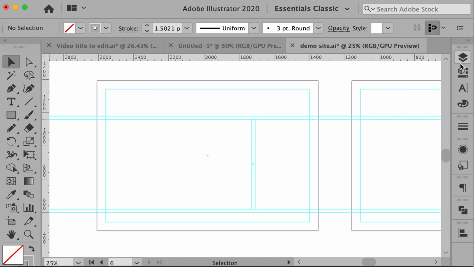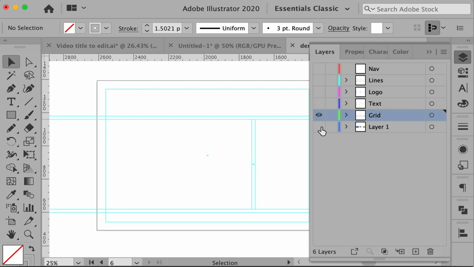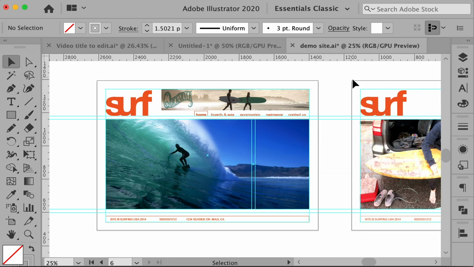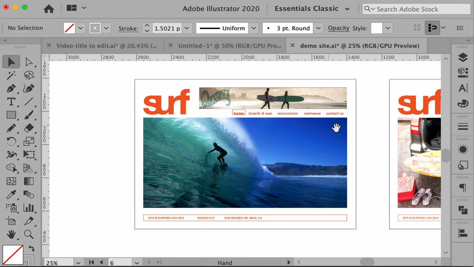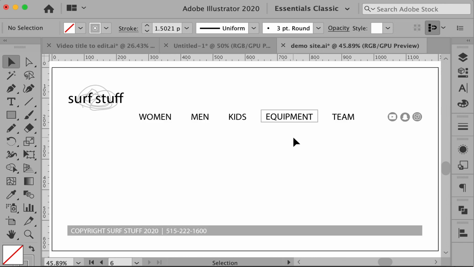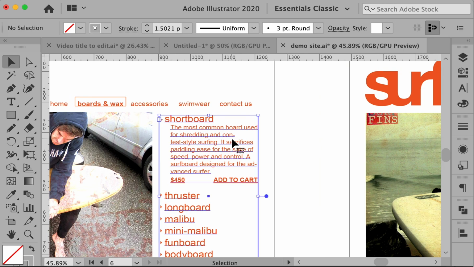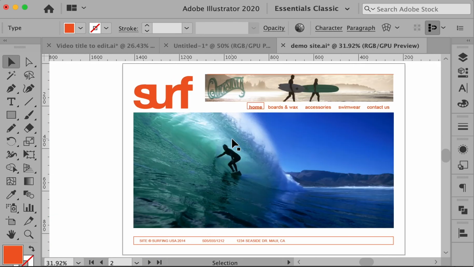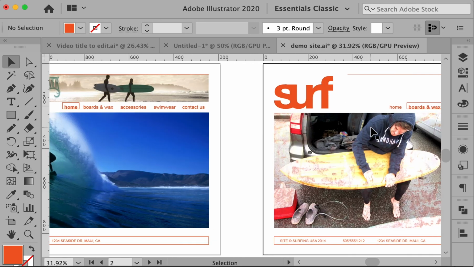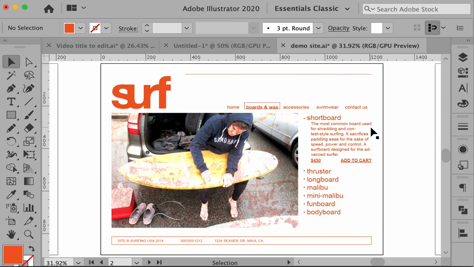This is going to go really fast because I'm just going to turn on some layers. But here's my grid. I have images, text, logo. I have a few lines, and I think that is it. Okay, so here's my home page. You can see the home is outlined. And then here is my